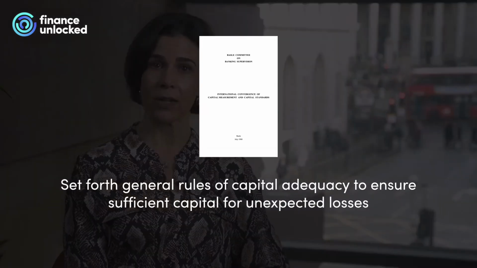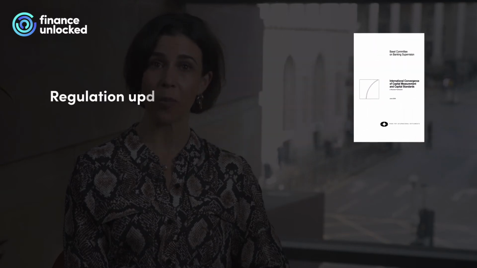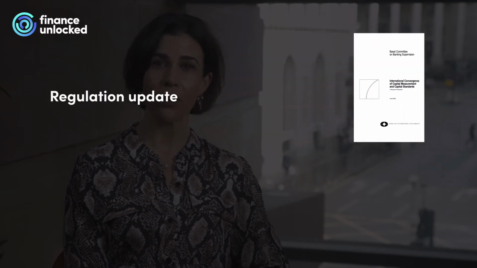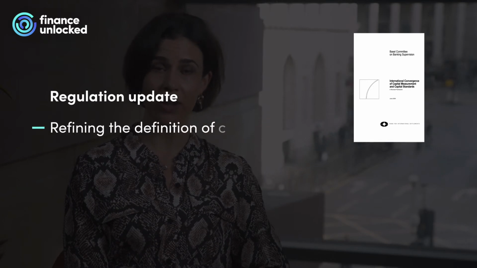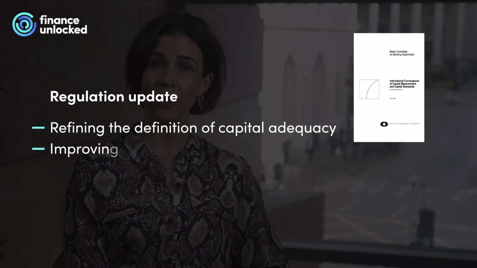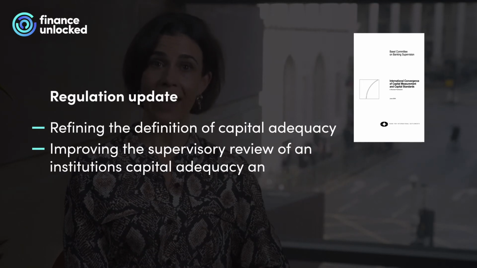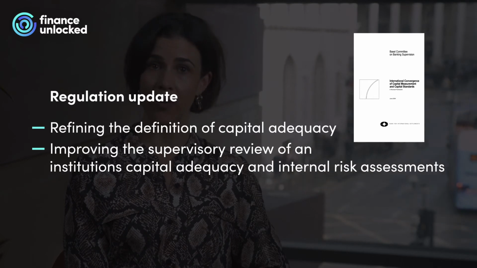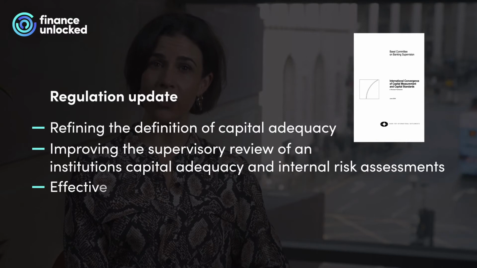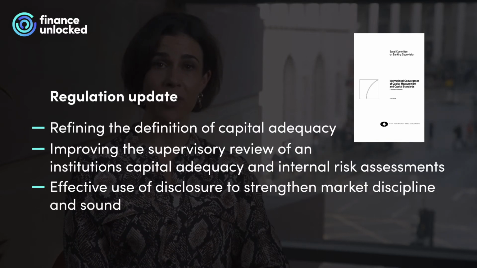unexpected losses. Introduced in 2004, Basel II served as an update to the original Basel I, focusing on three key areas of regulation: refining the definition of capital adequacy, improving the supervisory review of an institution's capital adequacy and internal risk assessments, identifying credit, market, and operational risks, and effective use of disclosure to strengthen market discipline and sound banking